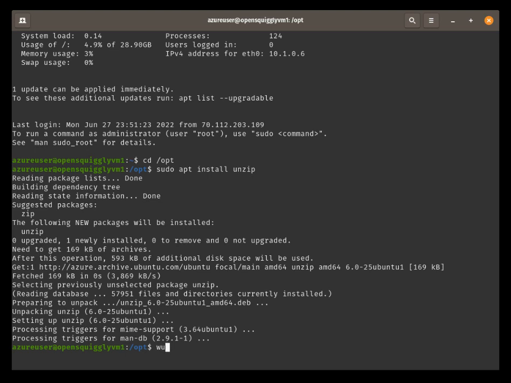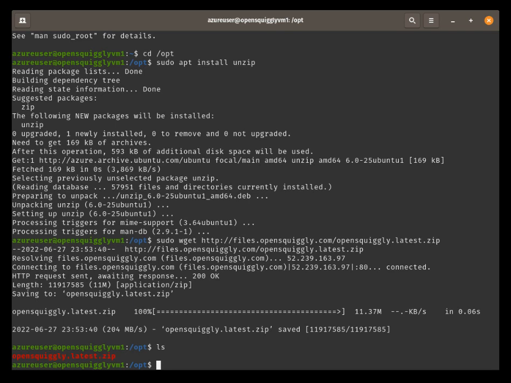Okay. And now, because I'm in the opt directory, I need to do a sudo. I'm going to run wget, and I'm going to get from http://opensquiggly.opensquiggly.latest.zip. Right, and we see that got the file. Now I'm going to run that unzip file that I just did, but I'm going to need a sudo on it. Sudo unzip